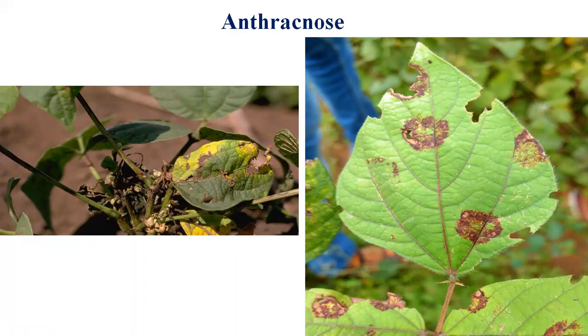Along with the development of the patches, you can see here the blightness also occurs on the leaf, causing heavy chlorosis, then heavy drying of the leaves, which adversely affects the development of the plant and also flowering and pod formation. So this is about the anthracnose. The primary source of infection is infected plant debris and also the seed, and the secondary source of infection is conidia, which are carried by rain splash, that is by rainwater, and also by air. So this is about the anthracnose of black and green gram.